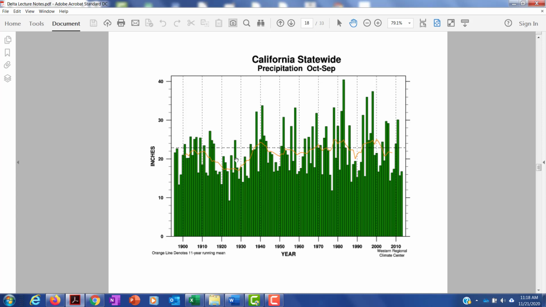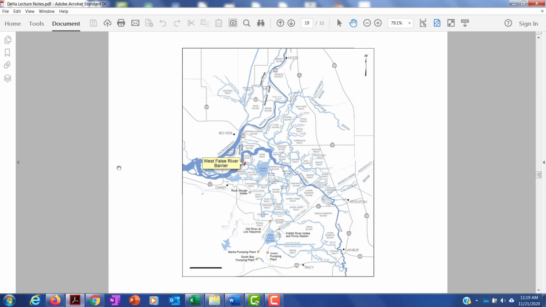But you can also have flood years. And so managing this range of precipitation is the big challenge for California. Digging in a little bit more on managing the saltwater intrusion, one of the tools that the Department of Water Resources, Army Corps, and the feds use